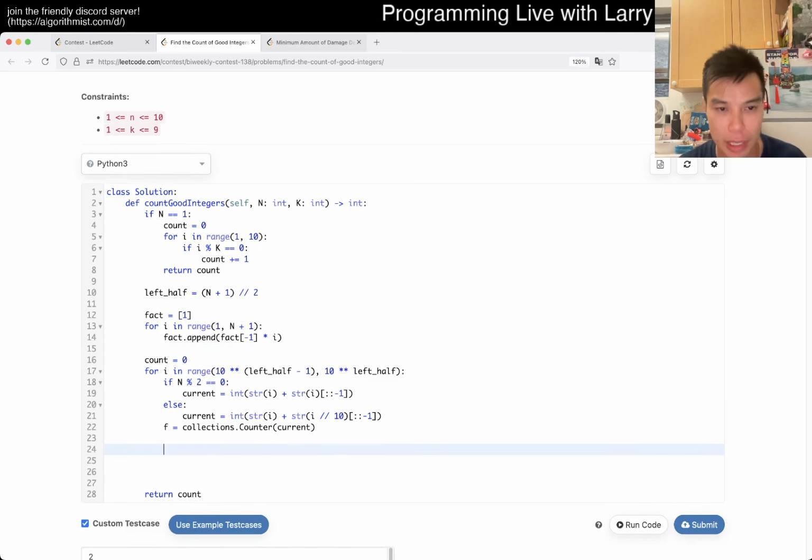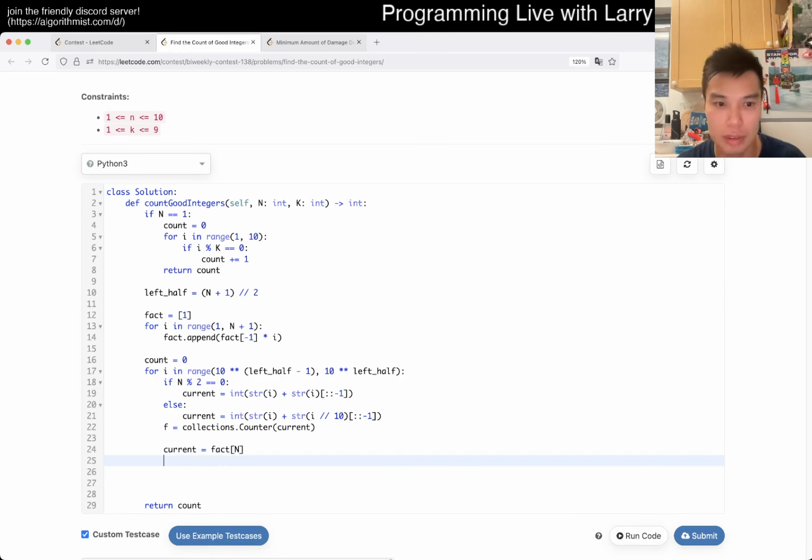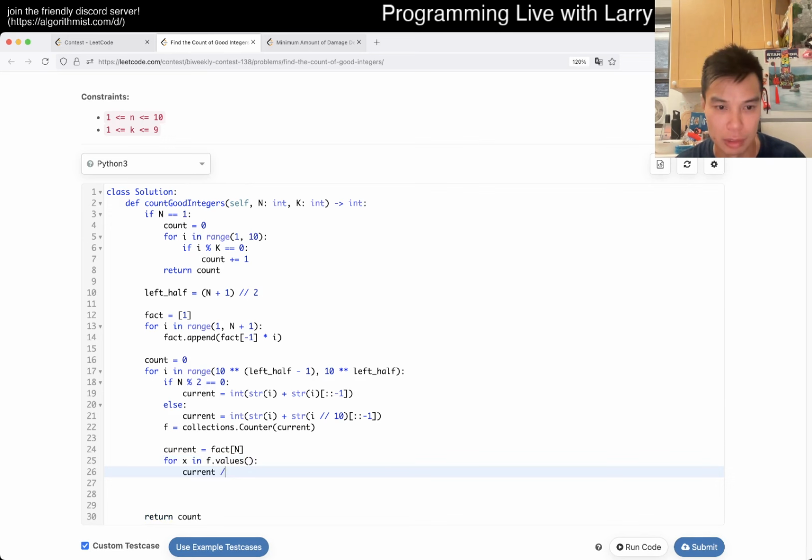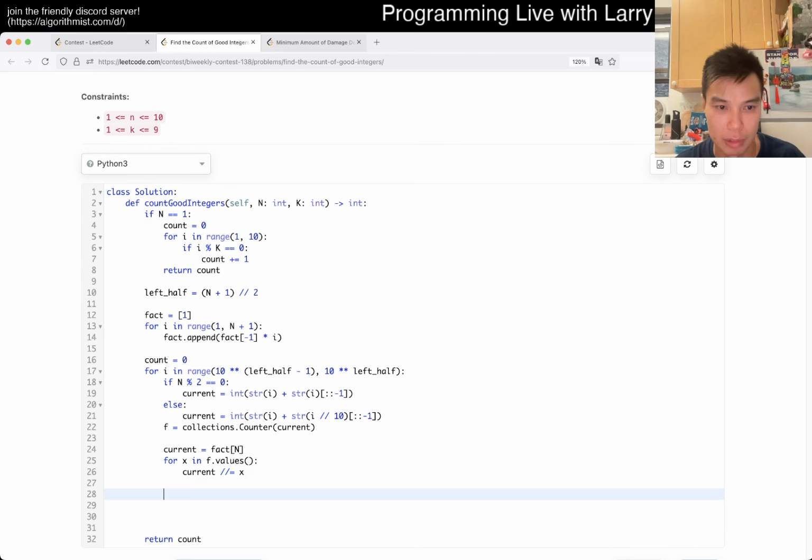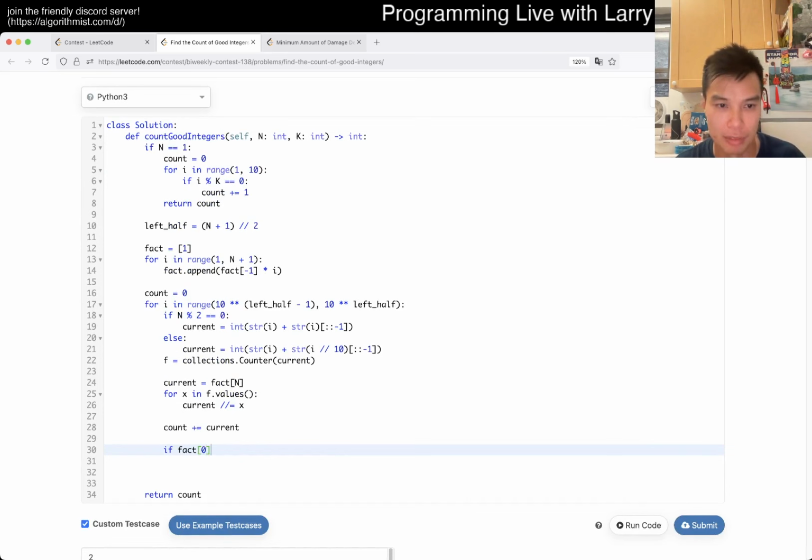And then now we have, can we add factorial of n? No, not yet. So we want to say it's going to be this, for x in f type values, current x, right? So count current, and then we have to subtract out the leading zeros. So if after f, oh no, not f, f of 0 is greater than 0,